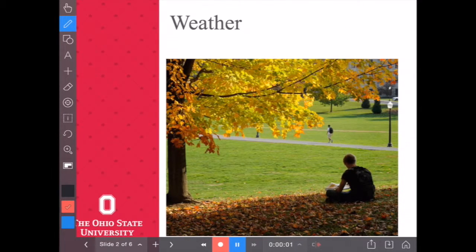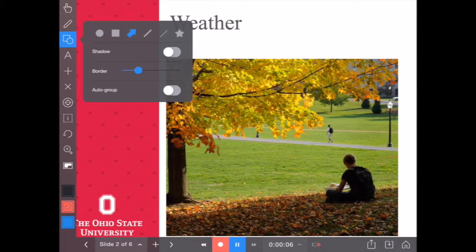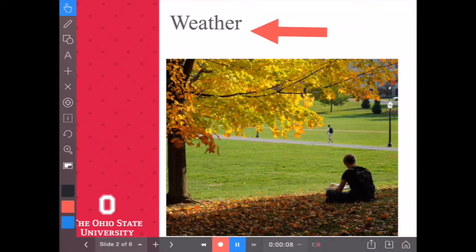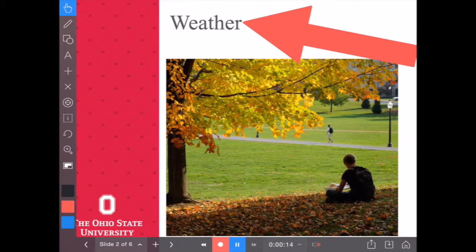Now, say there are other things you want to do, and I'm going to add a shape this time. I'm going to add an arrow. There we go. And then if I go back to my hand, I can move it around, make it bigger. We really want to focus on the weather in Ohio, of course. So with that, like I said, as I'm giving my presentation, it's recording what I'm talking about. Here I want to point out this type of tree, as well as a student wearing a backpack. Those sort of things I could point out using my tool right there.